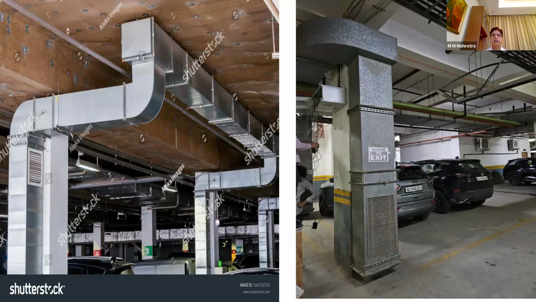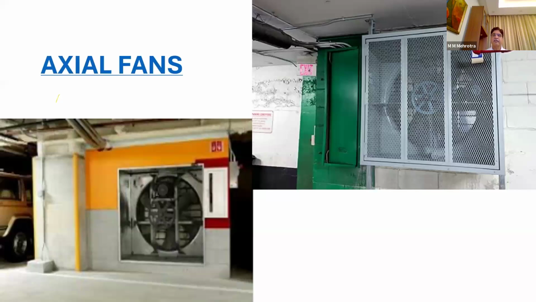But here what you are seeing, these ducts, they are catching the smoke or foul air, and this will be pushed outside into the atmosphere. For this, fans like this are used. These are axial fans. This from inside is throwing out, like our exhaust fan in our house. These are big exhaust fans.